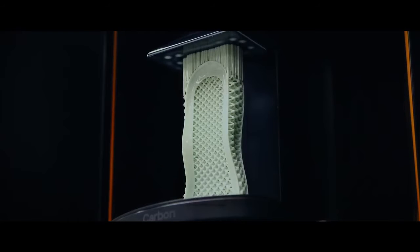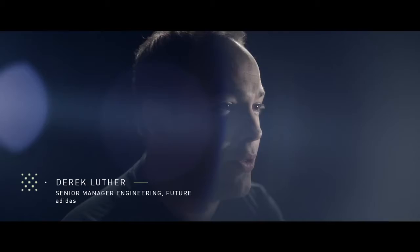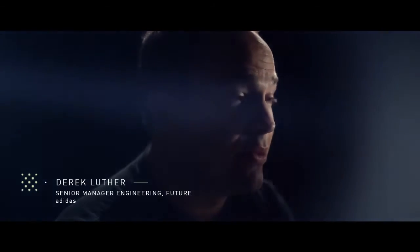This three-dimensional mesh structure, it's a lattice, it's a matrix, it's a web of individual elements. Each one of those little elements is tuned specifically for a purpose. These lattice structures behave quite differently than anything we've dealt with before. They're much different than foams. Now we have every individual area of the shoe to work with, which is a completely new horizon for us